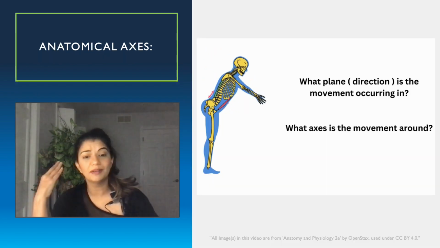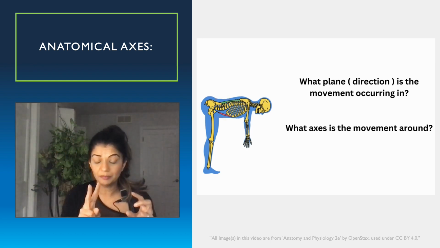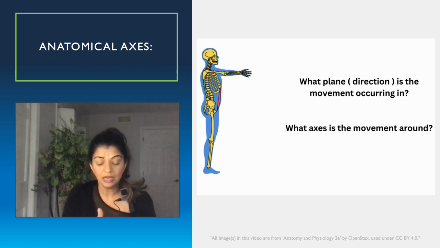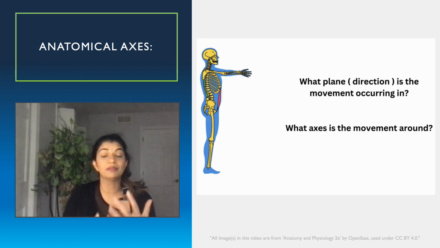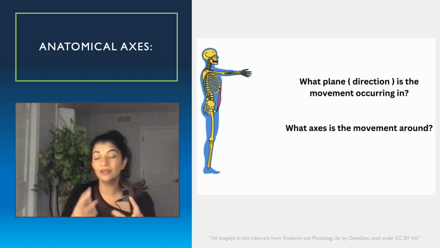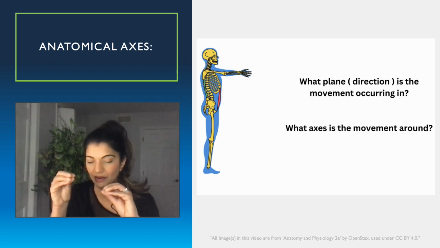Okay, now we're going to talk about anatomical axes. So we talked about planes. Now, there are two things with planes, right? It can be how the body is dissected or cut, but it can also be a plane where the movement is occurring in a specific plane. So it's a little different, and it might take a little bit of breaking down in order to